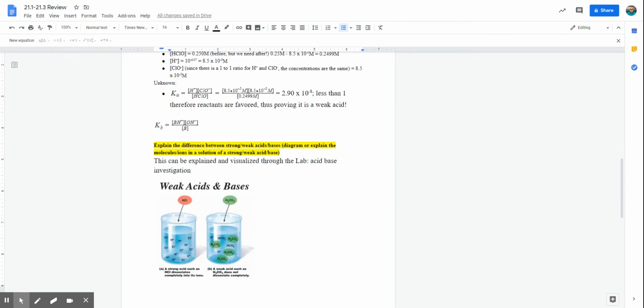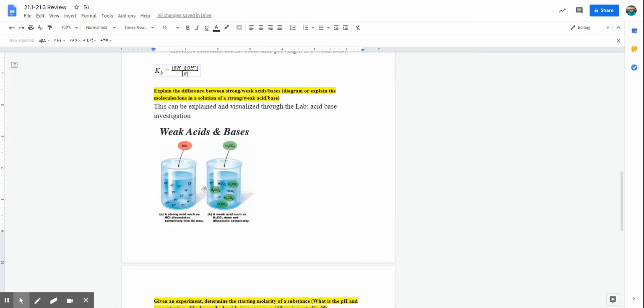So that leads us to, well, here's the example of the equilibrium constant for bases. You would do a very similar thing. But that leads us to a discussion or a picture of weak acids and weak bases. So a strong acid like hydrochloric acid, the only difference between that and a weak acid, like carbonic acid right here, is that